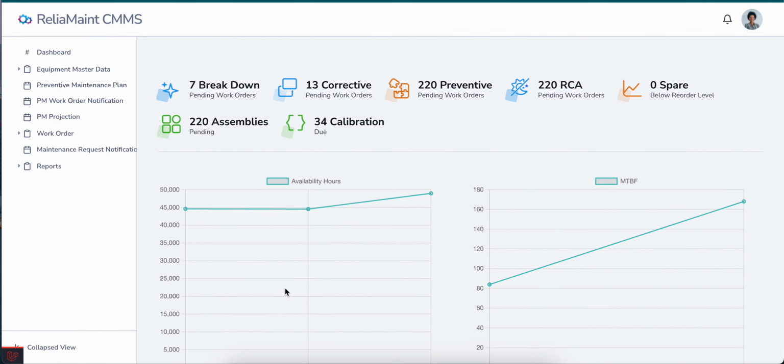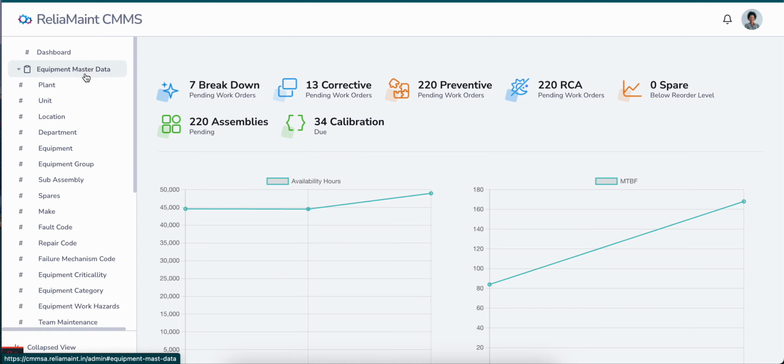Further, we can see the performance of plant, unit, department, and equipment level. I will show you. So we have a plant.